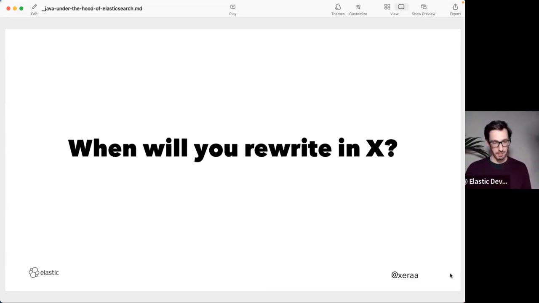Talking about Scala, we also have a cloud service, which is Elastic Cloud. And they started many years ago because it was the hype back then with Scala. And they have a lot of Scala. And then they did a lot of Java. And then at some point, it was very hard to onboard new people to Scala, because Scala can be complex